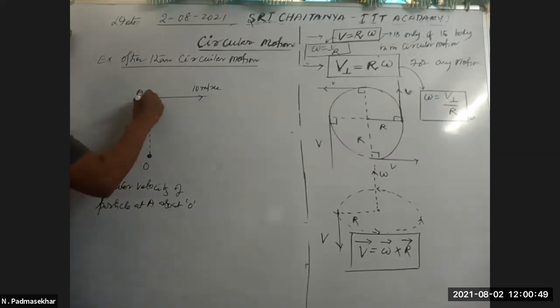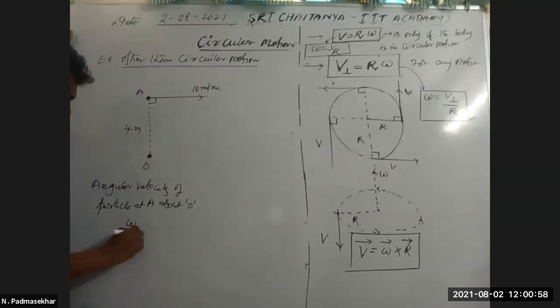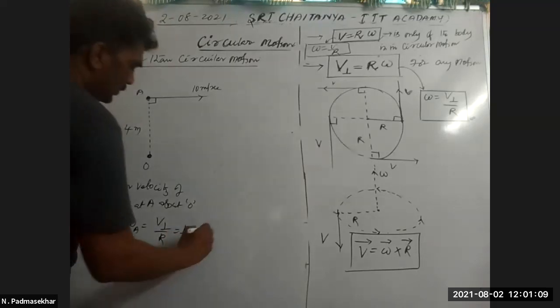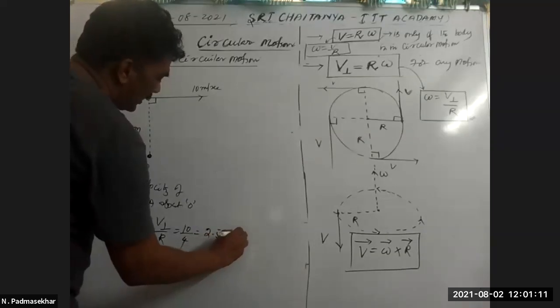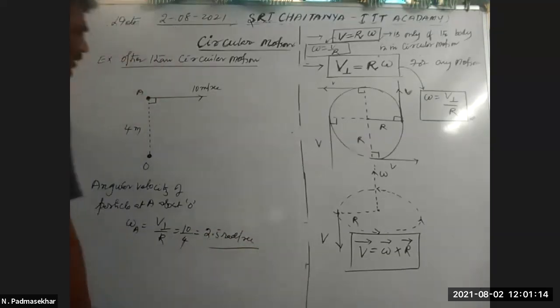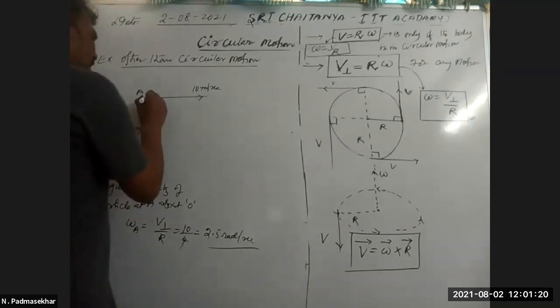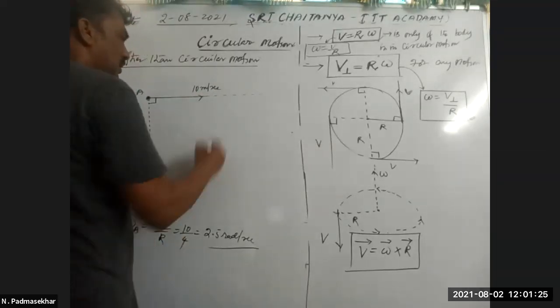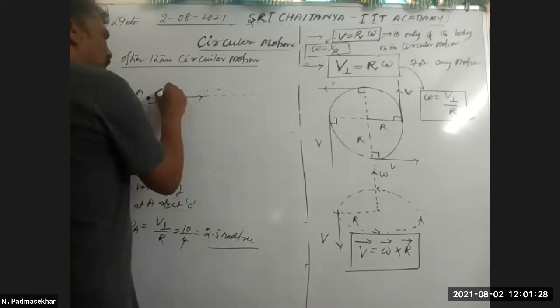This is V, it is R. So R and V are perpendicular, no doubt. So we can write that omega at A is equal to V perpendicular by R. So V perpendicular is 10 by R is 4. So this is equal to 5 by 2, which means 2.5 radian per second. Suppose the particle is going like this, going like this. Suppose here at this point,